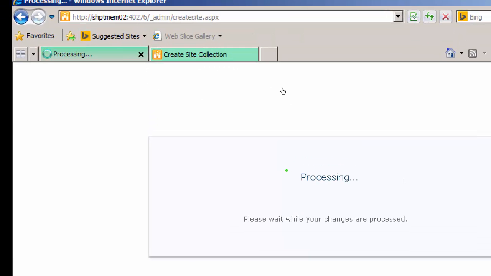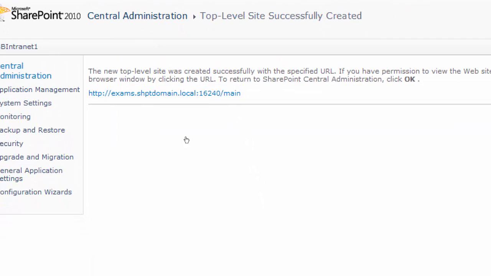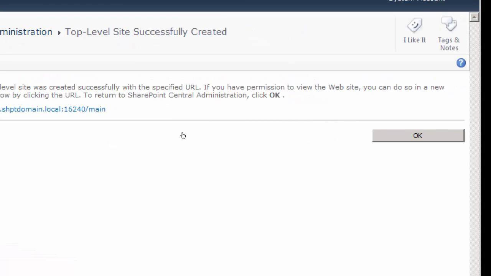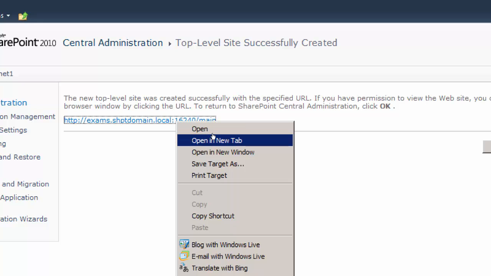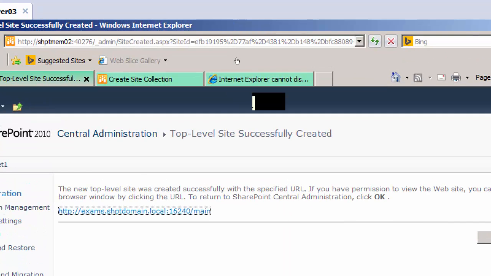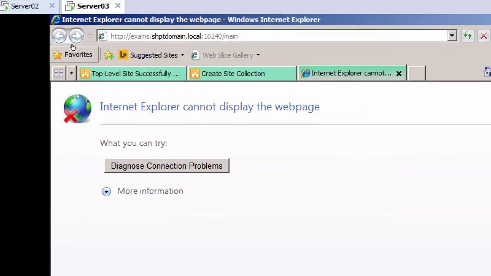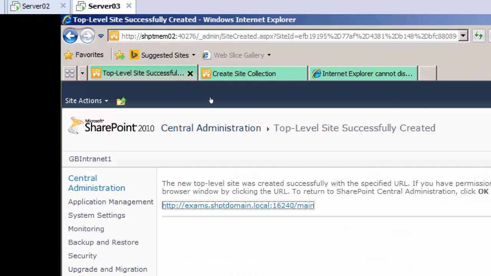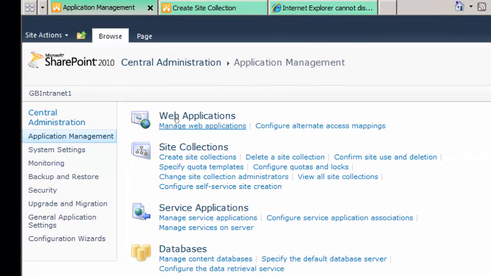So let's see if it actually opens the template. Okay, in my case it has been created, but I would want to know if it really works, or does it show that template. So if I right click now here and click open in new tab, it just gives me this dead end. Internet Explorer cannot display the web page. So if I go back, okay, there it was, and press OK,